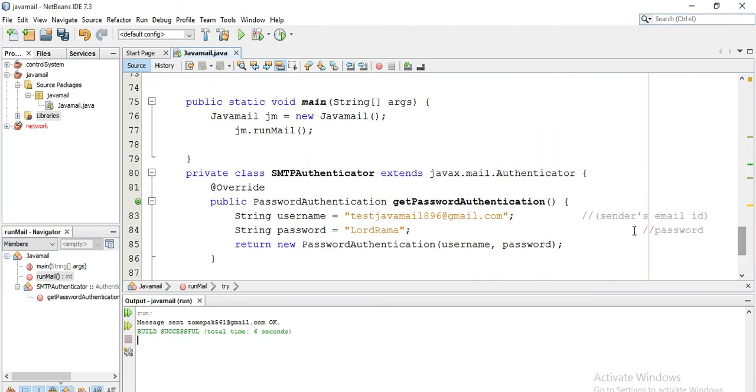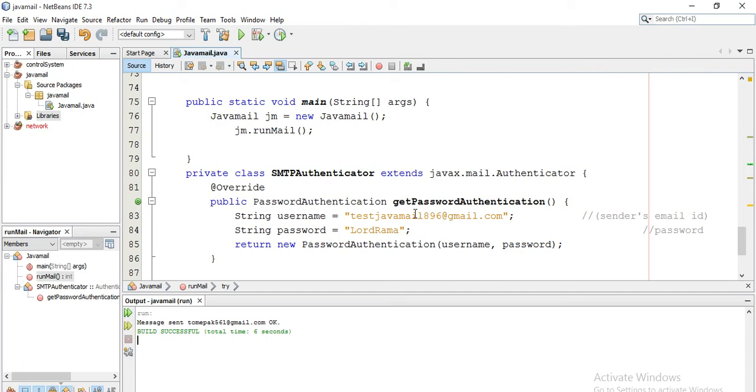After closing the bracket for the main function, you need to write private class SMTPAuthentication extends javax.mail.Authenticator. Then override, and write public PasswordAuthentication getPasswordAuthentication. You need to write the string username and password here. The username is the email from which you are sending the email, and then the password. This username and password you need to write like this, so this is for authentication.